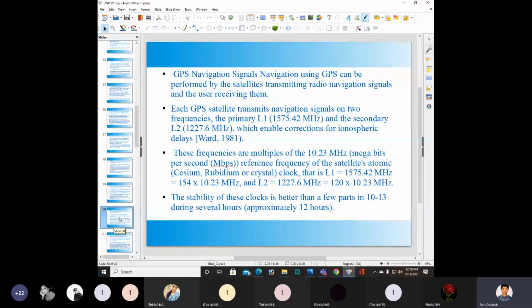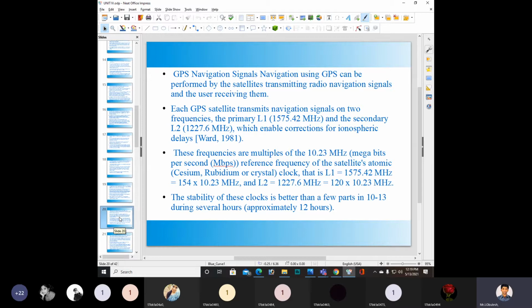The primary L1 and the secondary L2. Here we have 2 carrier frequencies, which we discussed in the first chapter of the syllabus. We have 2 carrier signals, primary and secondary, L1 and L2.